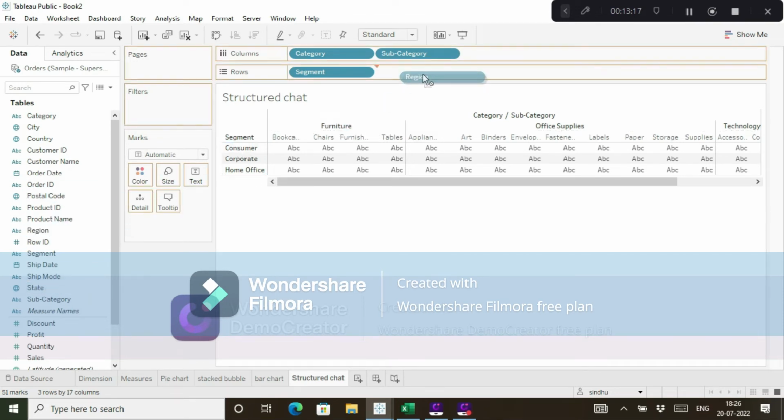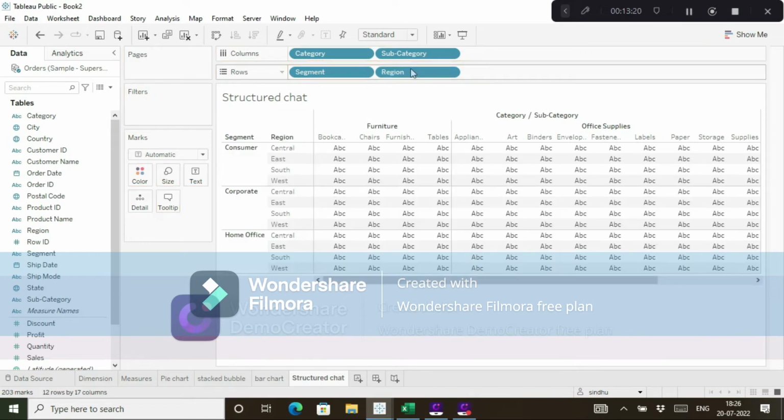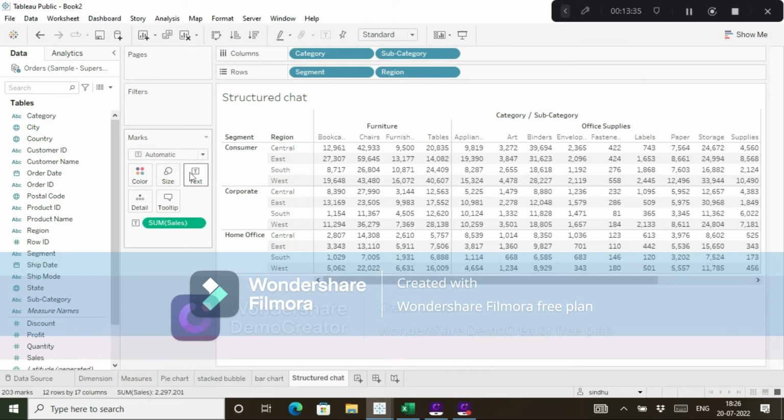So here it is. Drag the regions into the rows. Central, east, south, and west are the regions available. Now you can see this. We want to know what the sales are. Pretty simple. Drag sales into the text. Now you can see